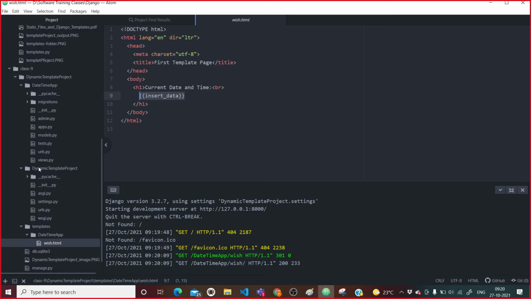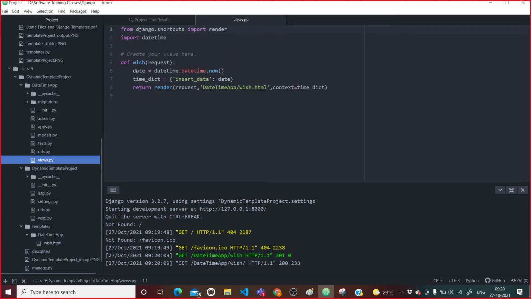This insert data is coming from this views.py file where I have created the date and time of the server system, and I'm passing this inside a context dictionary. And from that dictionary it is selecting a key called insert data, and that key contains a data variable. Is it clear?